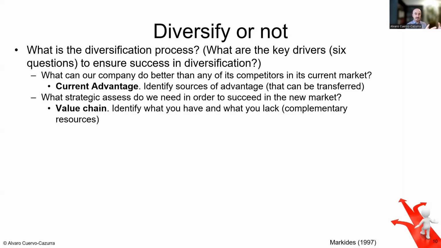Okay, yes, I have a brand name. Let's take it to another industry. Yes, but what else do you need in addition to a brand name? That's going to give you an initial reputation. Well, you also need a production plant. Do you want to build it? Do you want to subcontract it? Which are some of the ideas that get into play. What about distribution? What about supply? What about connections and licenses? All of these ideas, I have something already. What am I missing? Can I obtain this? What are the complementary resources that are going to enable me to have a fully operating company?